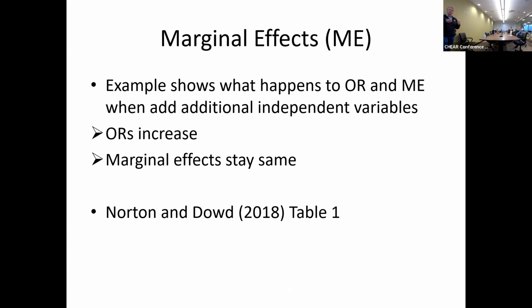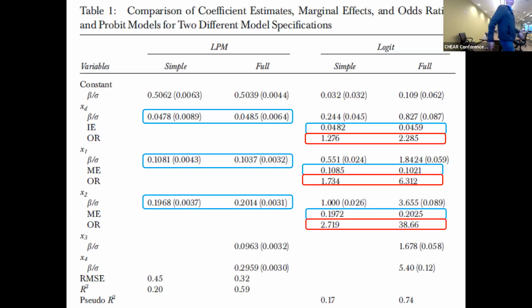So this is made up data, and they're going to show what happens when you add additional independent variables to a model. The odds ratios are going to increase and the marginal effects will stay the same. So this is from the health services research paper. Next slide. All right. So what we have are 4 different regressions. The first 2 are a linear probability model, that is ordinary least squares. And